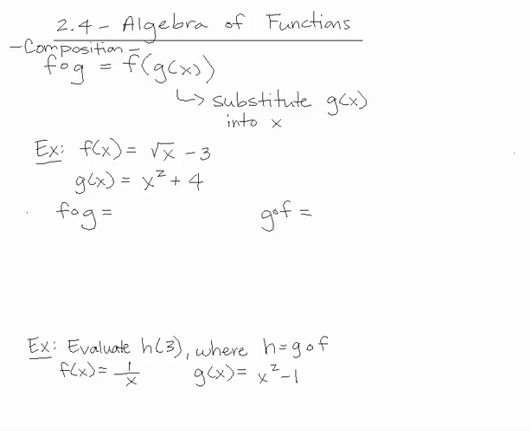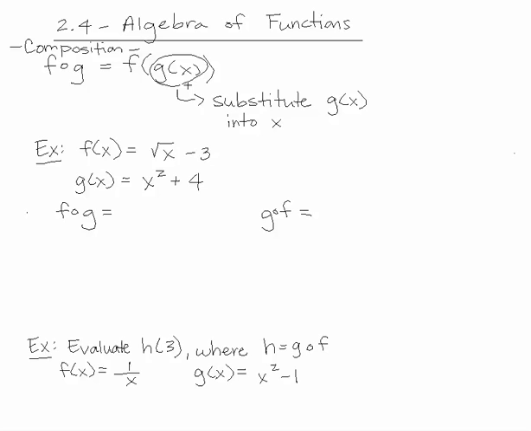The next type of algebra on functions is known as the composition. The notation for composition is what looks like fog. It's f circle g. A different way of thinking about this is f of g of x, where g of x is inside the parentheses, meaning that wherever we see an x, we're going to substitute g of